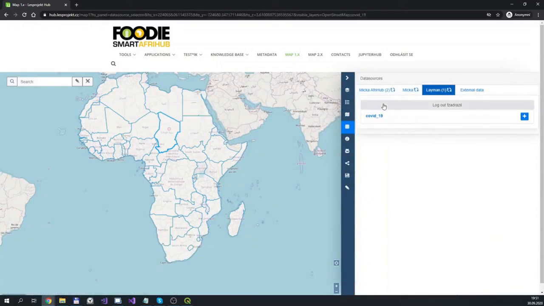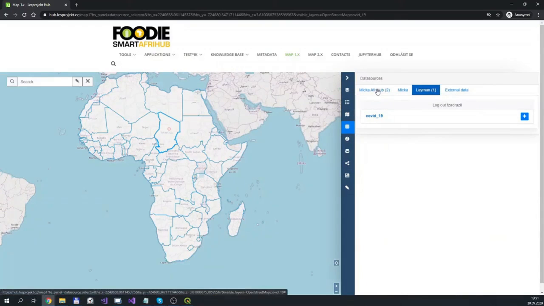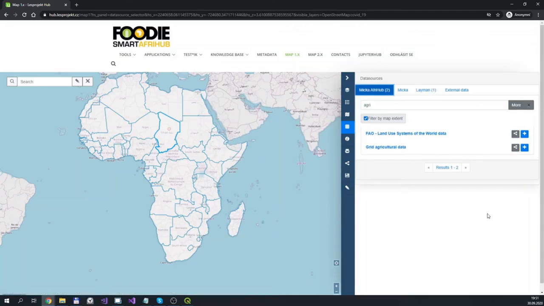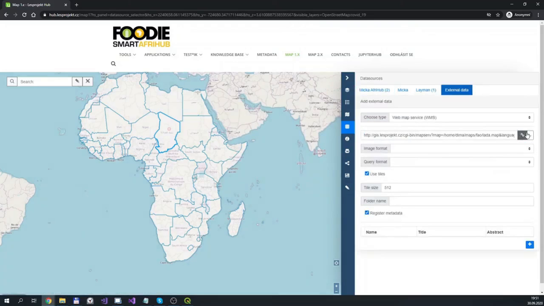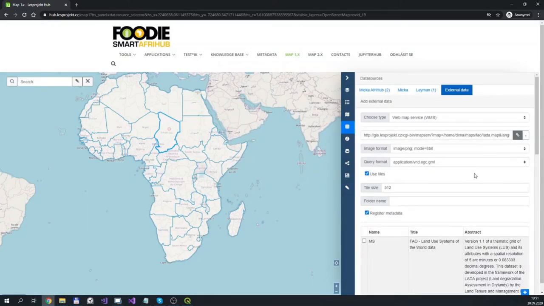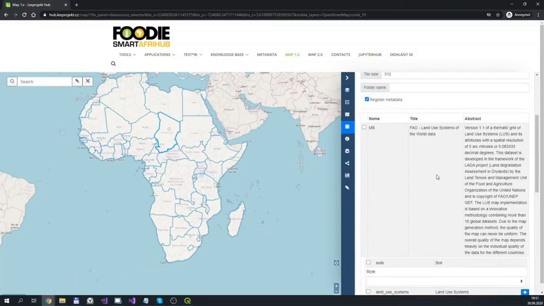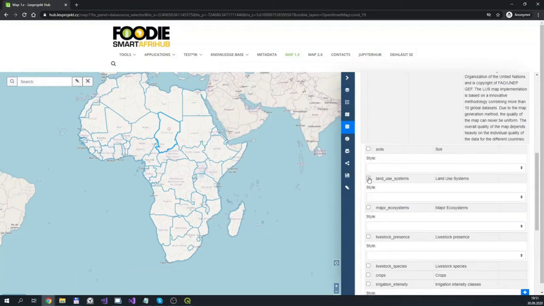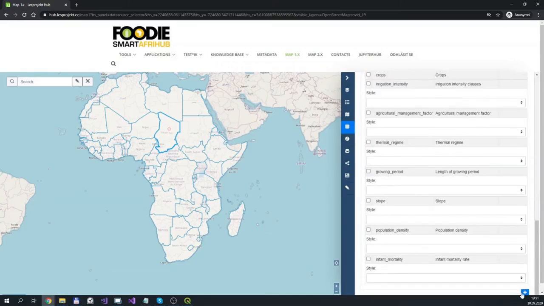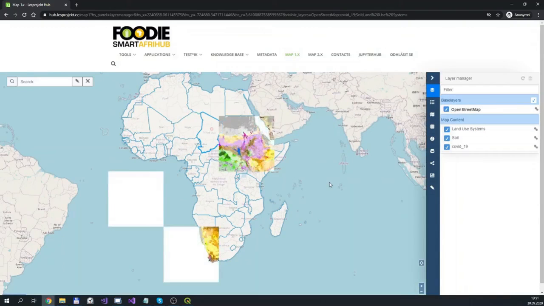Okay, now let's try to add some more data. As we have seen, there are some data in the metadata catalog. So we will try to add, for example, the first one. It's a WMS service, so we have to select some of the layers to display and add it to the map.